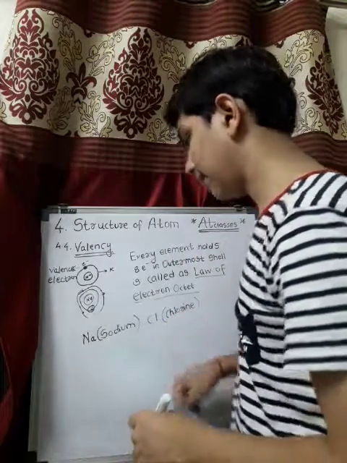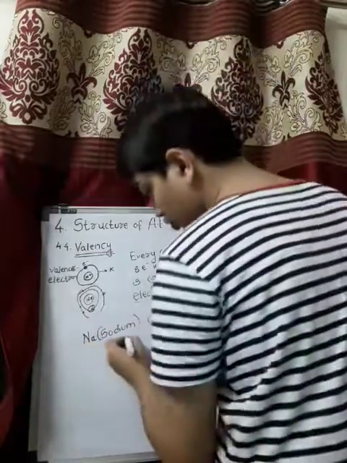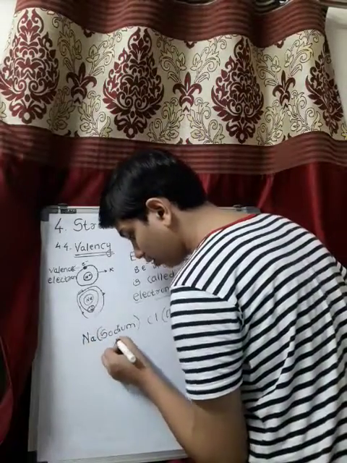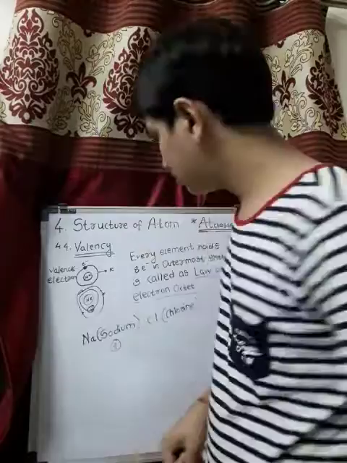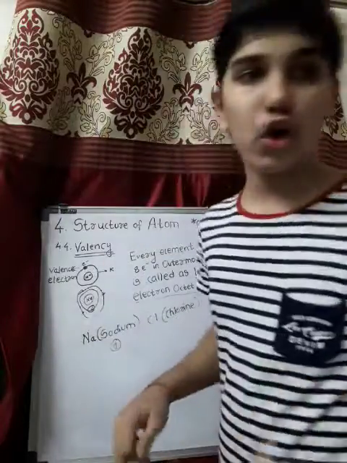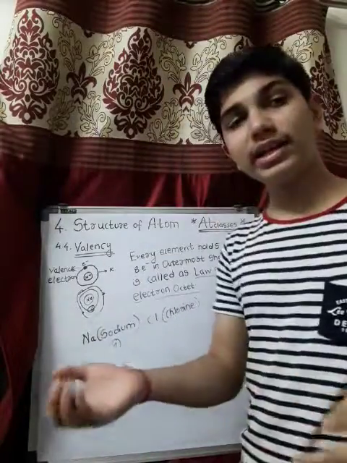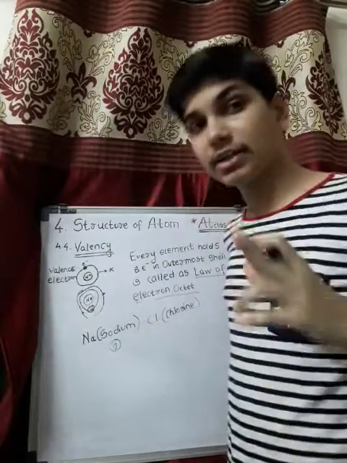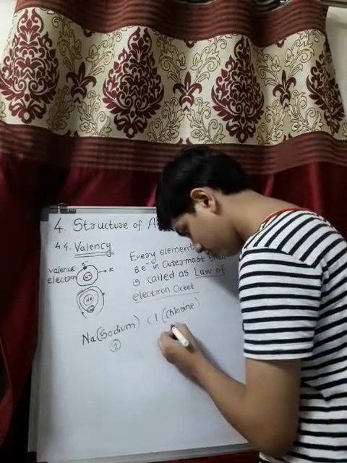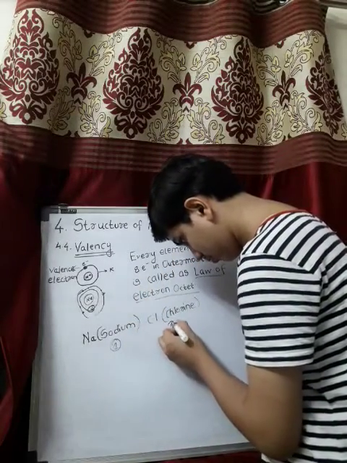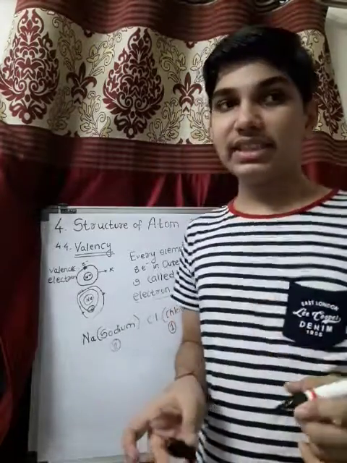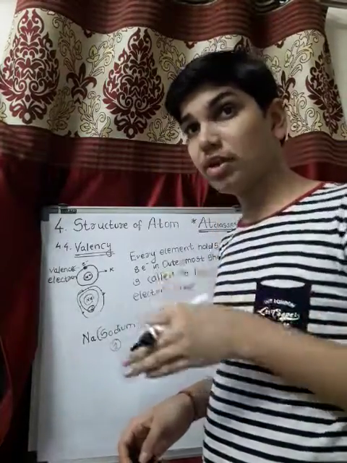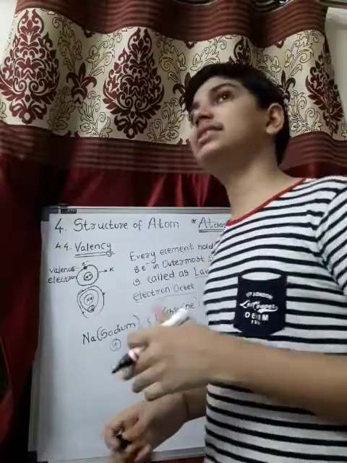Now NaCl. Now Na, sodium, gives 1 electron, right? Chlorine gains 1 electron. Means either losing or sharing. Means let's take